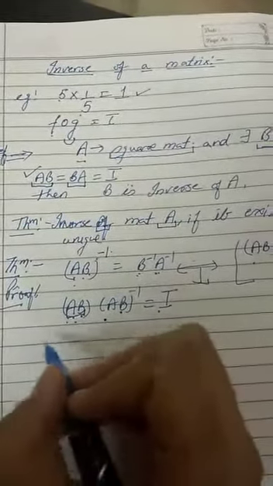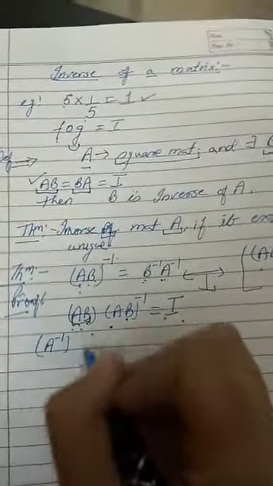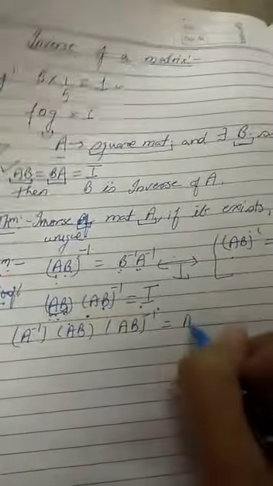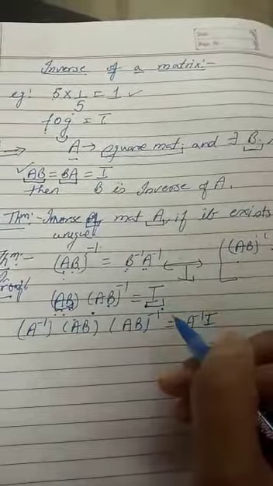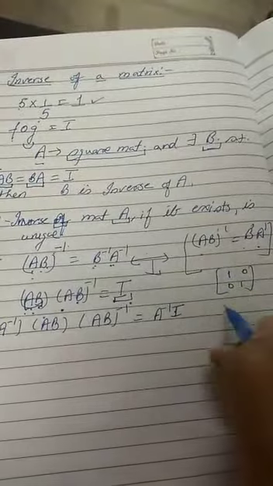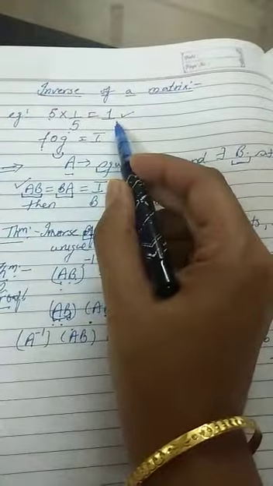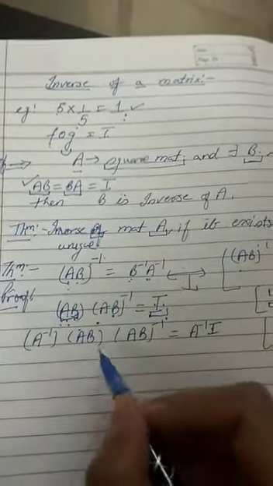Now we will pre-multiply both sides by A inverse. When I do pre-multiplication, that means A inverse will be written in the beginning on both sides. So here also A inverse into I. Now I is the identity matrix. Identity matrix means if it is of order 2 by 2 it will be 1 0 0 1, and if it is of order 3 by 3 it will be 1 0 0, 0 1 0, 0 0 1. It corresponds exactly to the number 1 in the number system.